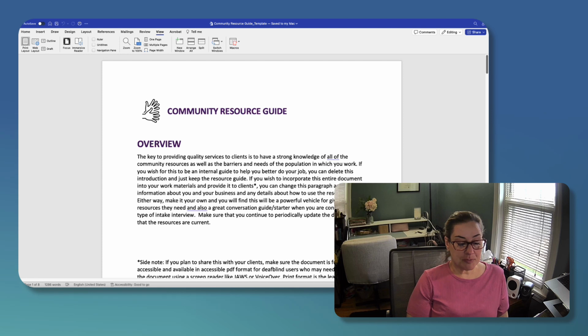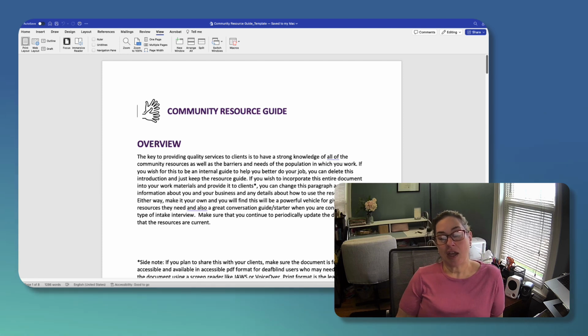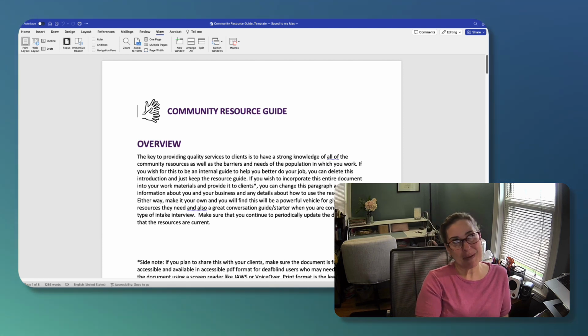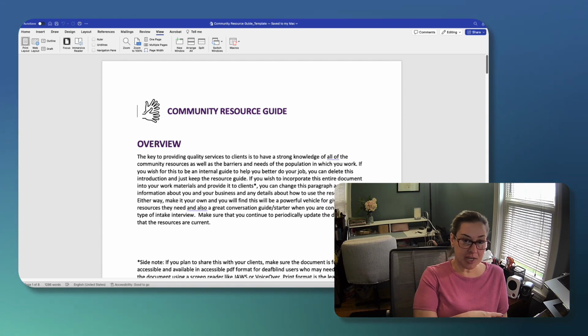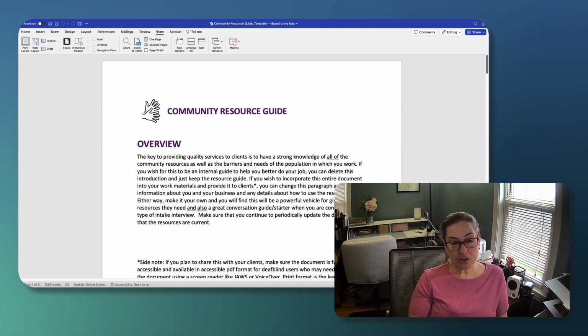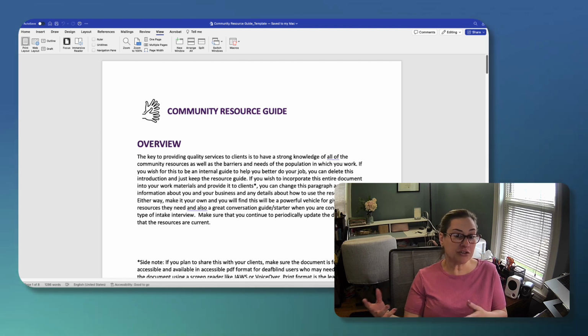I will say that it's been very helpful to me. This is something that I use very frequently. Maybe not so much now in the work that I do at Harvard, but certainly when I worked for the state as a VR counselor, this was something that I used often. And let me tell you, your ability to help your client or advocate or whatever terminology you want to use is only going to be as good as the resources that you have available to you. You can't do it all.